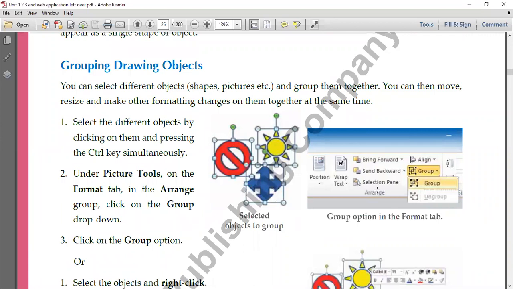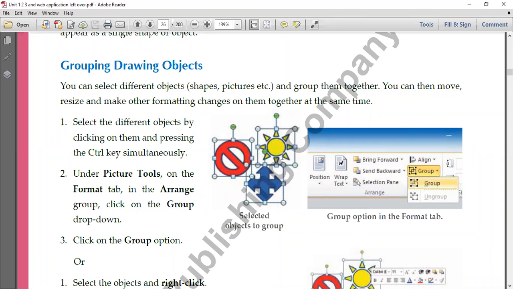One is आप arrange group के अंदर you'll find grouping option, as you can see here in this figure also. So just select all the items, then click on this group option and click on group. So इससे तीनों एक ग्रुप में बन जाएंगे, ठीक है? सिलेक्शन के टाइम पे आपको ये तीन चीजें दिखेंगी, जब आप ग्रुप कर दोगे तो ये सिंगल बॉर्डर्स दिखेंगे सबके, right? That means they all are connected now.